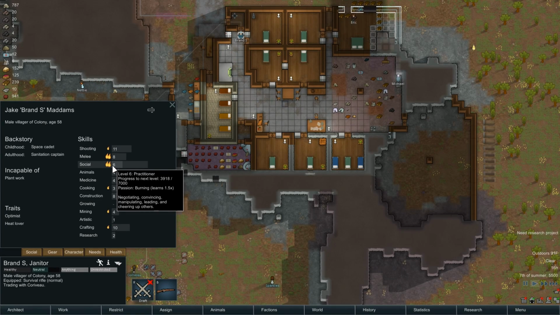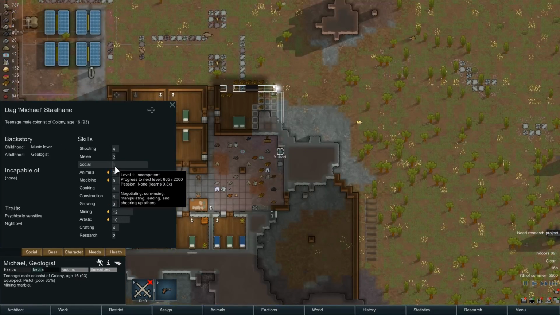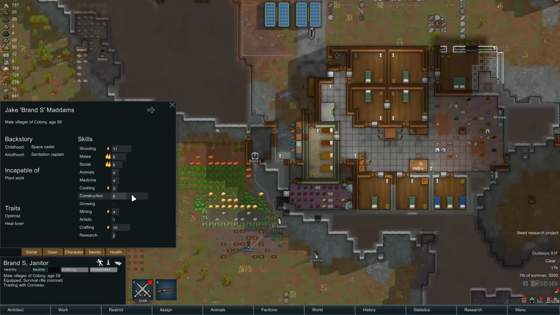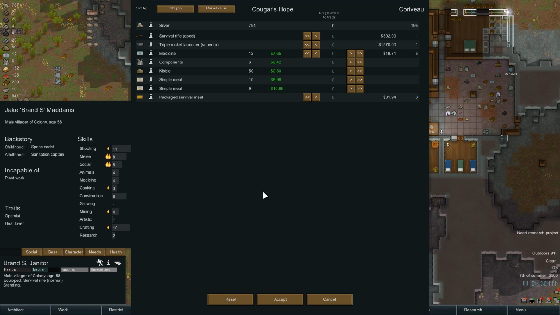I don't know that that's true anymore. That one, 0, 3, 5, 1, and 6. Yes, you are still the best social. And every time you do it, you're going to get better, because you've got a double passion for it. So Brand and Corvu, here we go. Or Corvo,